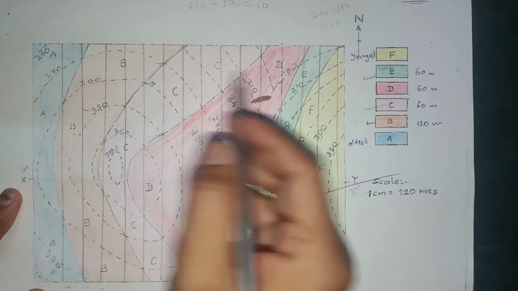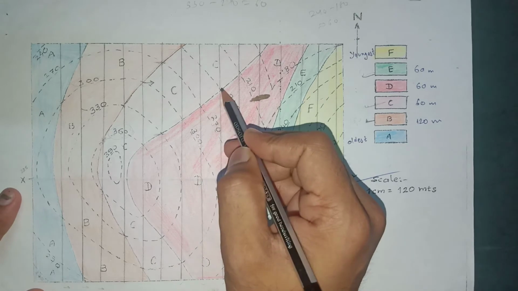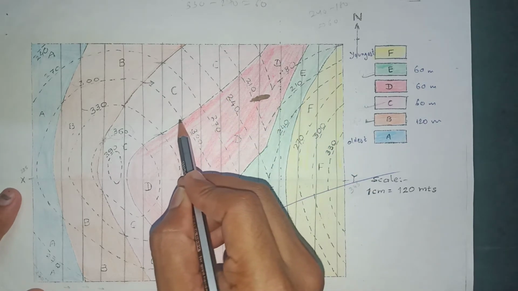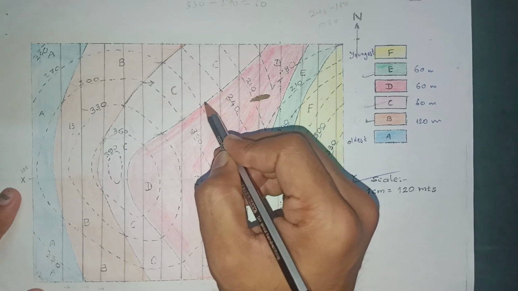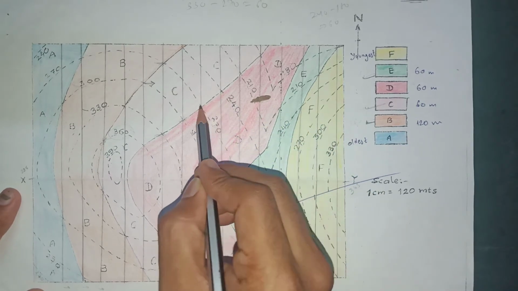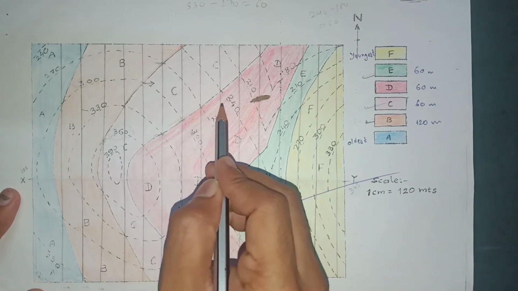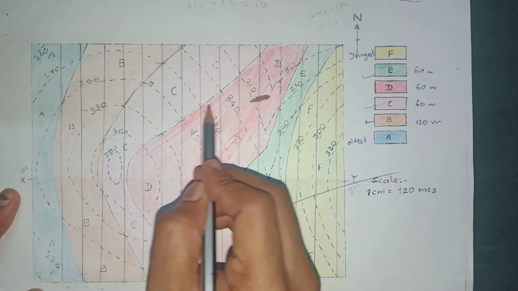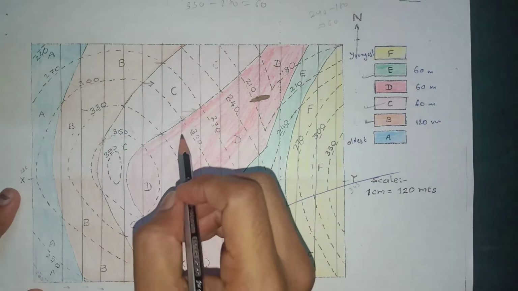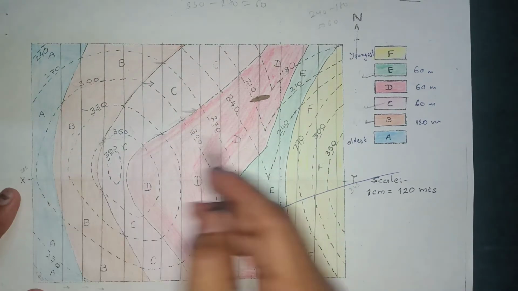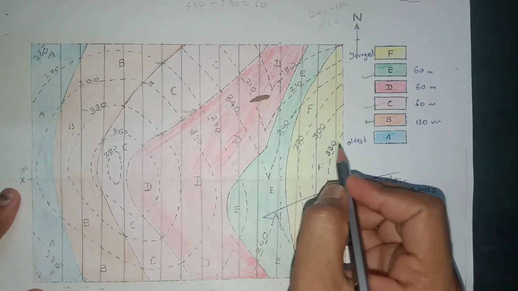Okay, now take any continuous bed. Suppose we have to find the dip of this. Here we want the dip direction. Suppose we follow this line. Here it is 240, here it is 270, and here, if you are coming, that is 300. That means as we go here, the elevation is decreasing. That means the dip is this way. So in this map, every bed is dipping on the eastern side.